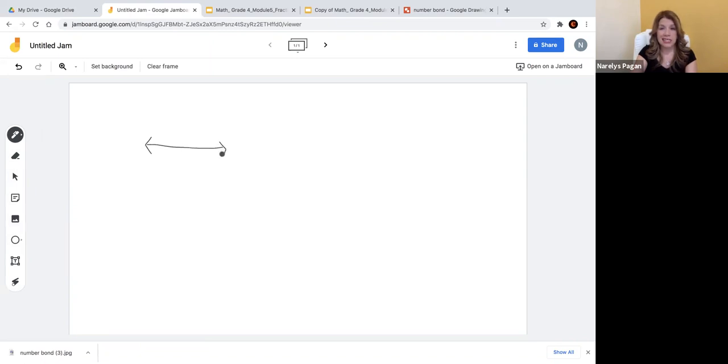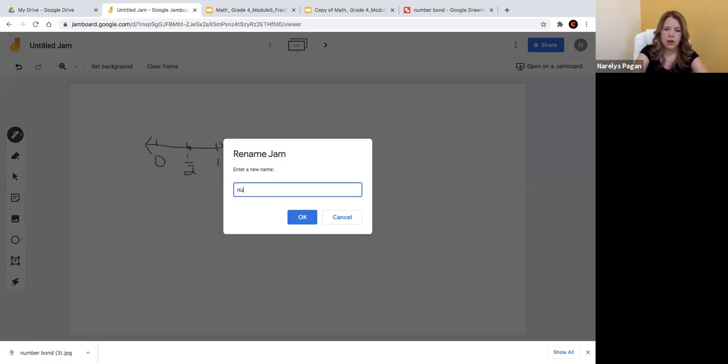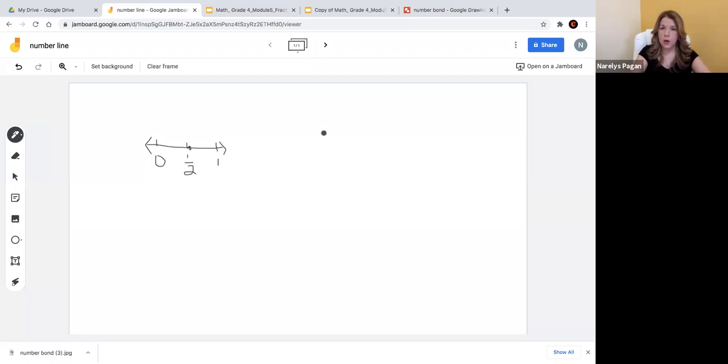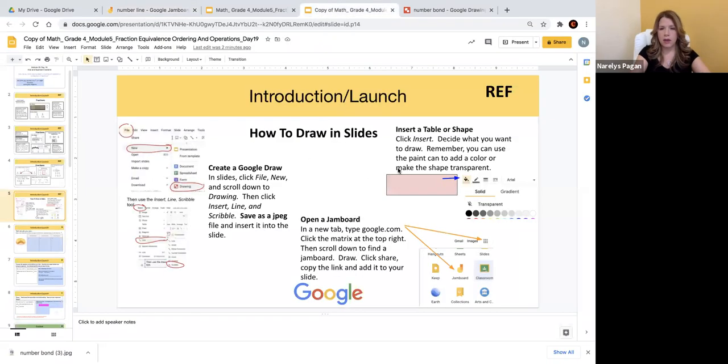For the purposes of this lesson, I'm just going to focus on 1/2. So I'll draw one line for 0, a final line on the right-hand corner for 1, and a center line for 1/2. And I'll remember to draw and label. This is a number line, so I'll title this Jamboard Number Line and press OK. According to the directions on reference page 4, I can click Share, copy the link, and add it to my